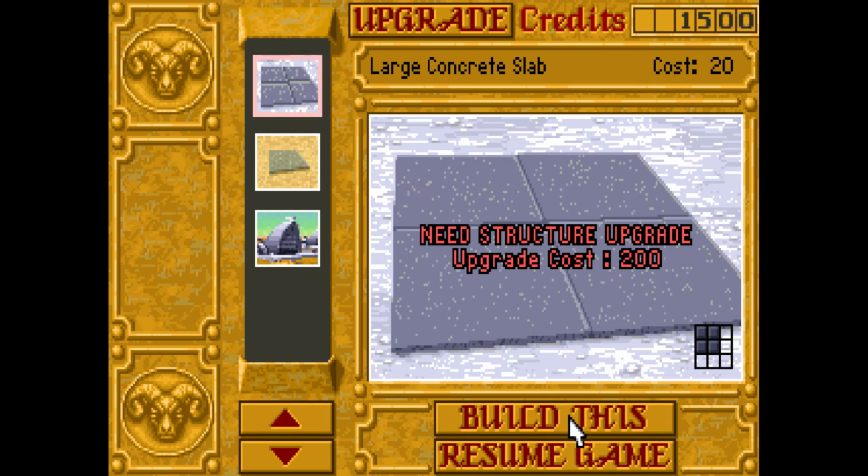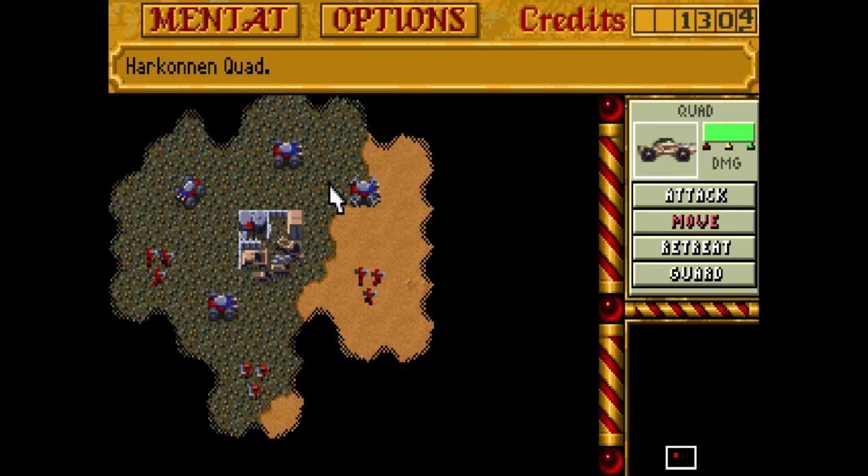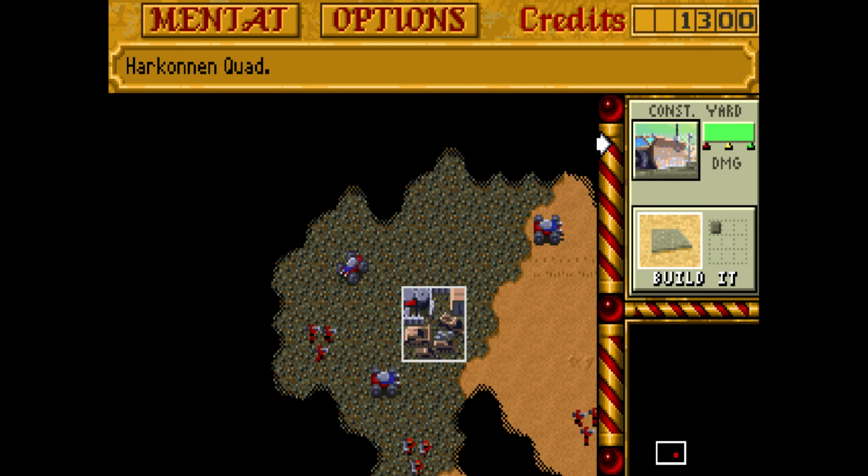Oh, we can already create large concrete slabs, which are 2x2. The only downside is it costs 200 of the credits, but that doesn't really matter. And as for the upgrades, we also have...